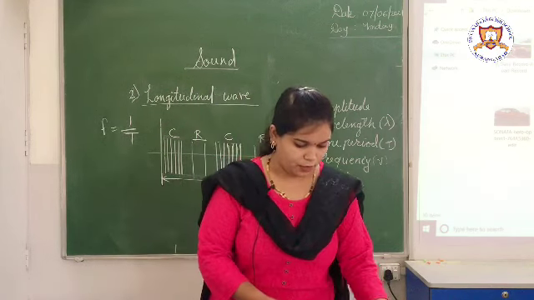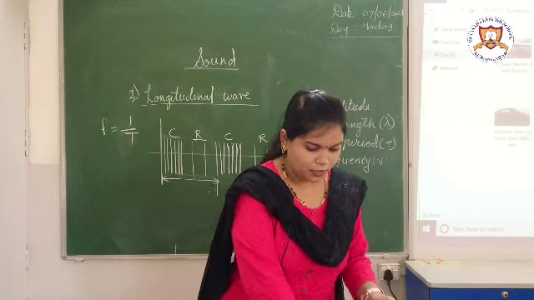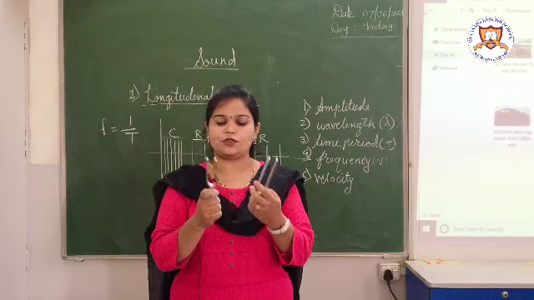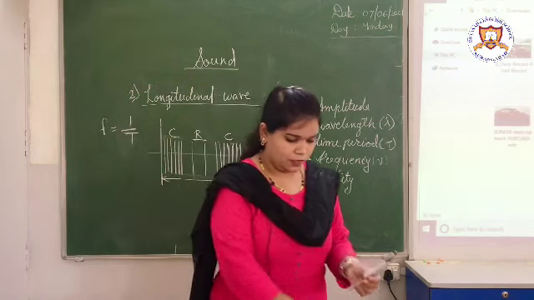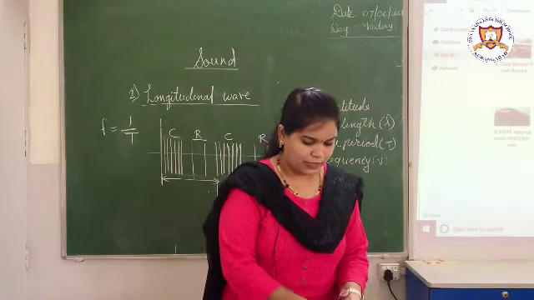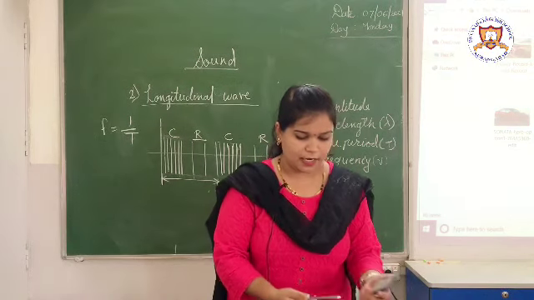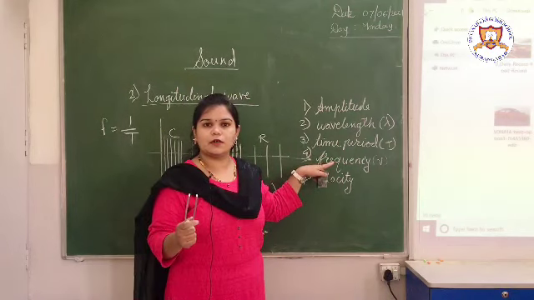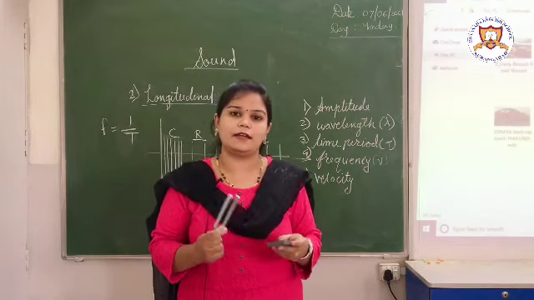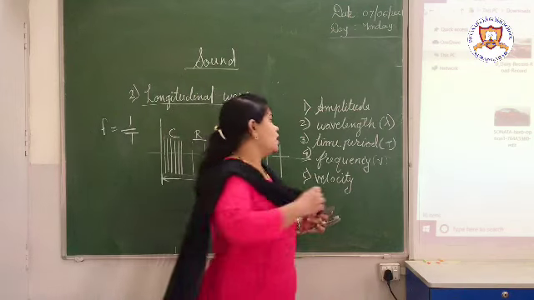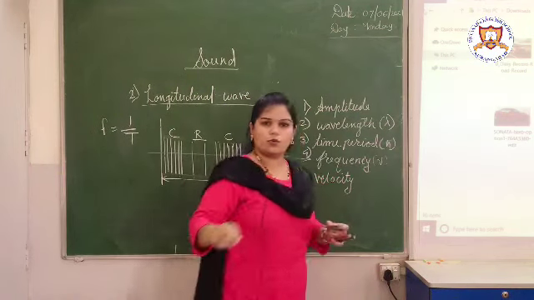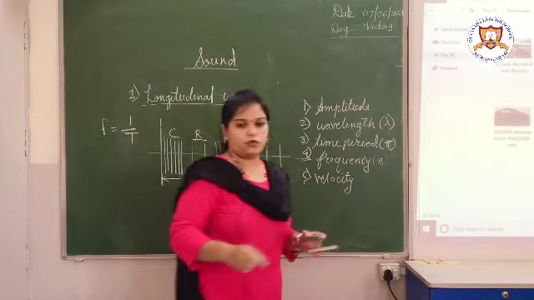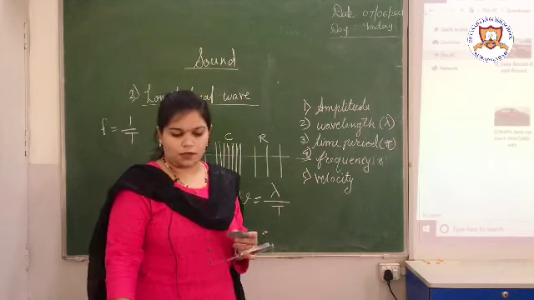So everyone is ready for this experiment. Here I have tuning forks of different frequencies. The tuning fork depends on its frequency. In 1 second, how many vibrations it can complete depends on this frequency parameter. In 1 second, how many cycles it can complete is the frequency, also shown by the letter n. Sorry, here it is the time period T. So it is 1 upon T, which is the frequency.